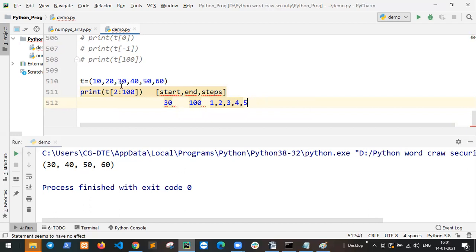So 30 is the starting value, with steps of 1, and the last is 60. So 30, 40, 50, 60, and the output ends at 60.